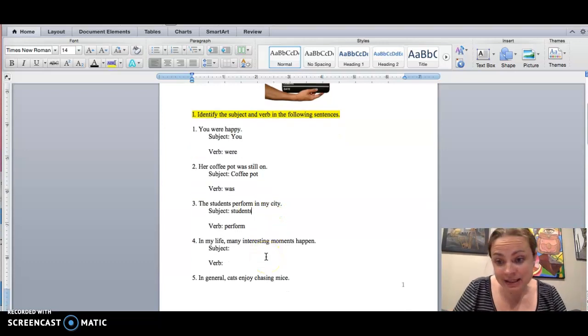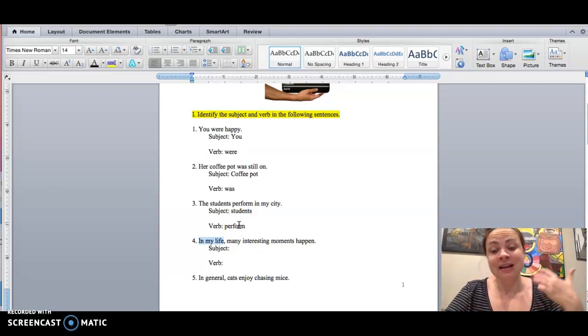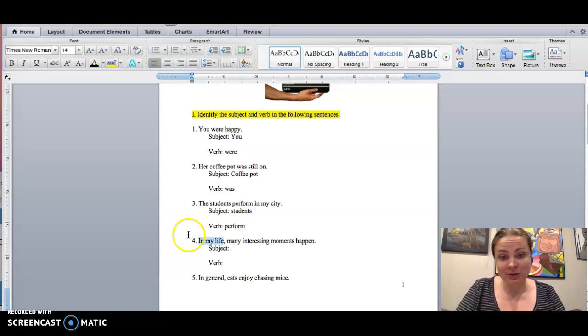Okay, the next question that we have has what's called a prepositional phrase. That's this part right here. When you're describing where something is happening, like using a word like in or on top of, then that's going to be a prepositional phrase. You can see it set off with a comma there. So your verb isn't going to be in there. And if you recall from my last video, in is never going to be a verb to begin with, okay? You can't be inning something. In is never a verb.